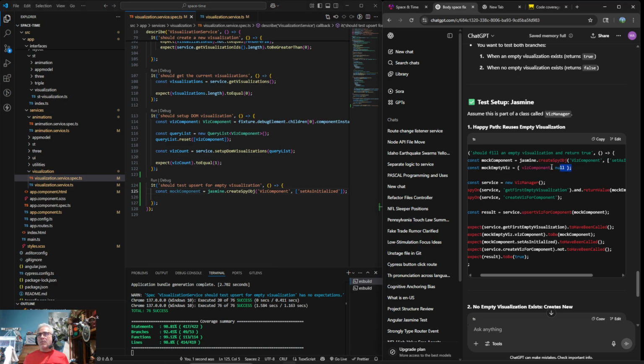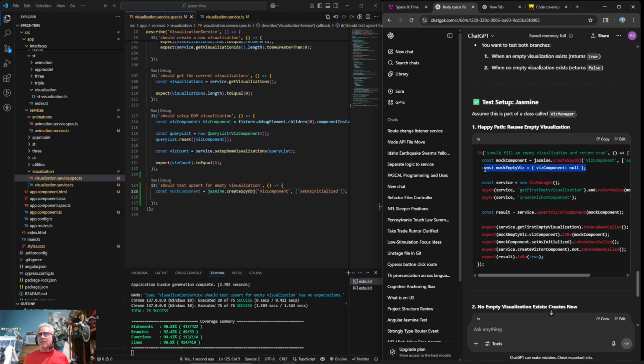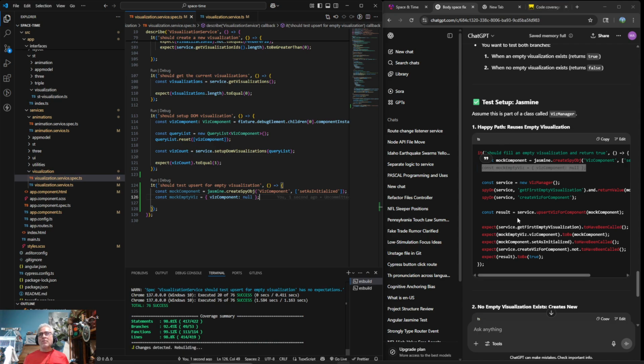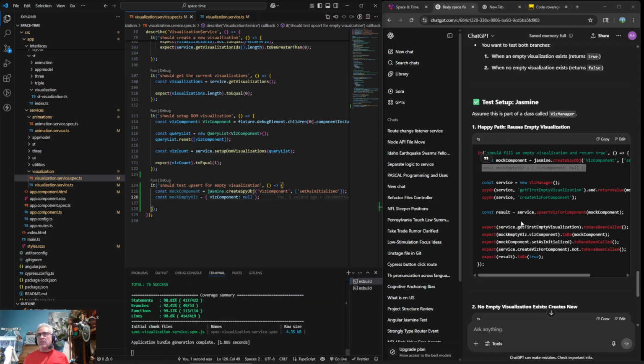Now, I think I probably need my empty viz. We'll circle back around after I've gotten everything I want done, because I think it's trying to do a little bit more than I'm trying to do. All I'm trying to do is get to 100% code coverage. That's it.